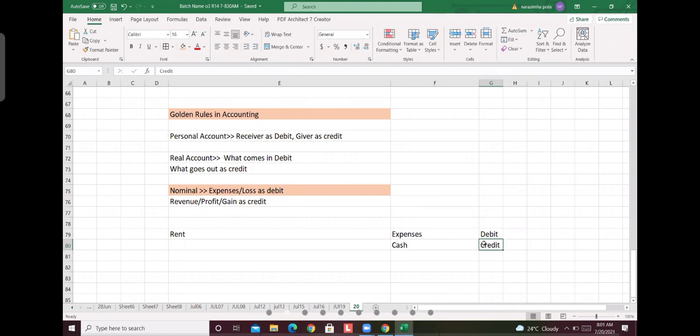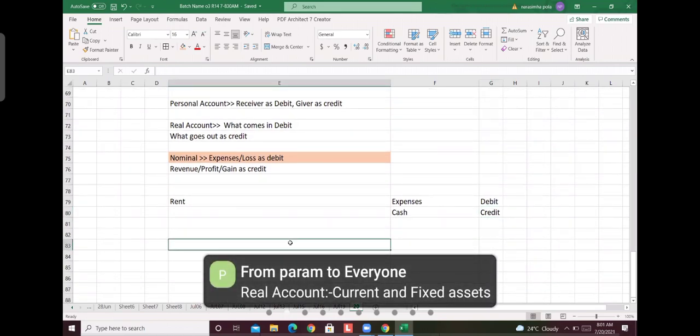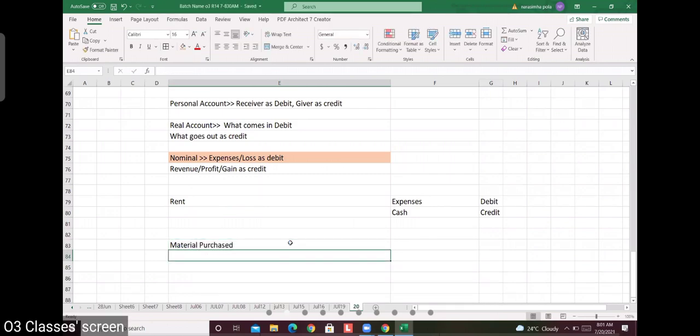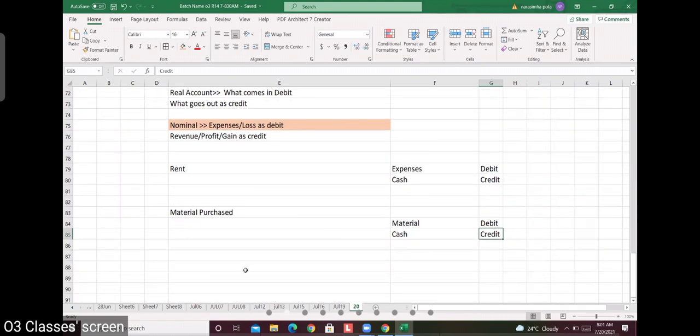Example: what comes in is debit, what goes out is credit. Example, material purchase. Material is coming to our premises, debit. Cash or cheque is going out, credit. Clear? Yes, sir.